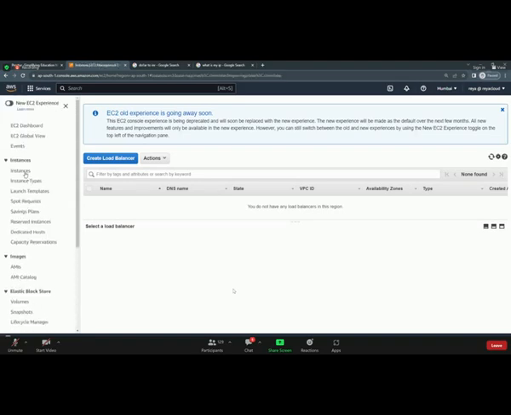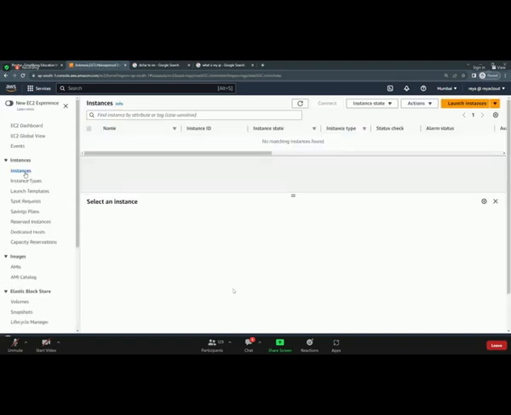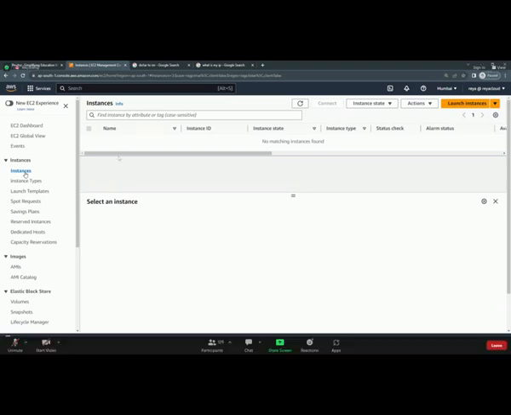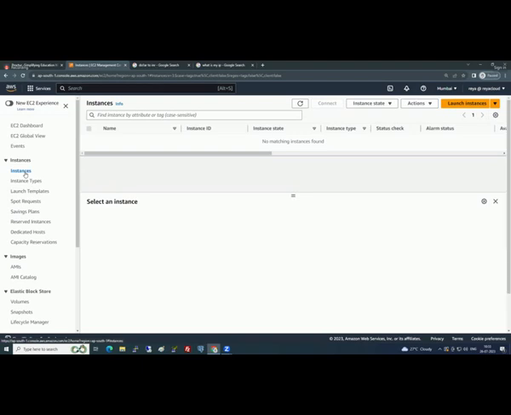From tomorrow onwards, guys, we'll go and launch the EC2 instances. Is it clear on the console? So your task today is to open EC2 and go through the console how I did today. Make yourself comfortable with all the options. I clicked on instances, went to instance types and AMI catalog. Go through everything and make yourself comfortable.